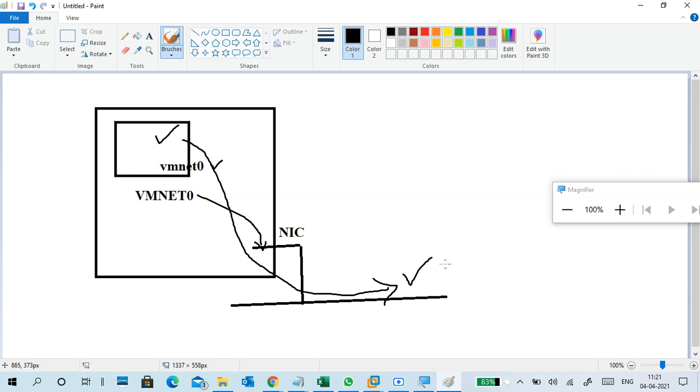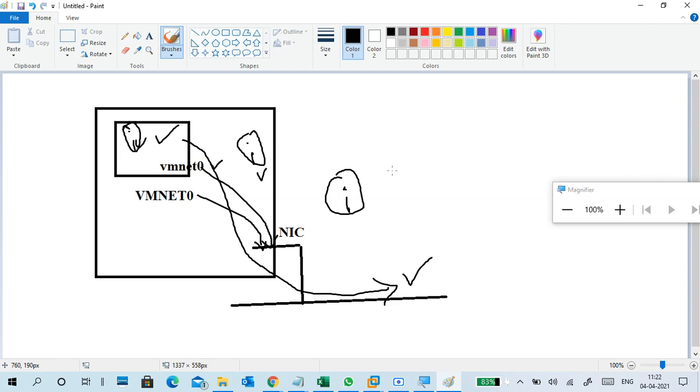It means, very simply, if you have internet on your PC, this also gets internet. If my laptop gets internet, my virtual machine will also get internet. So I can access my external network by connecting to VMNet 0 and bridging VMNet 0 to the NIC.